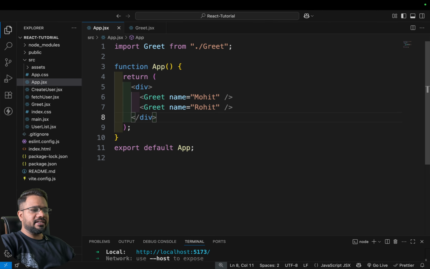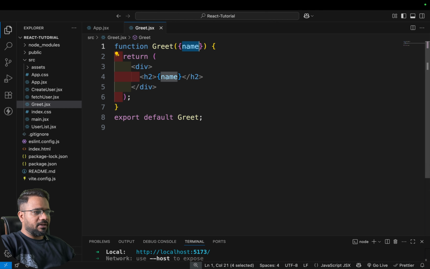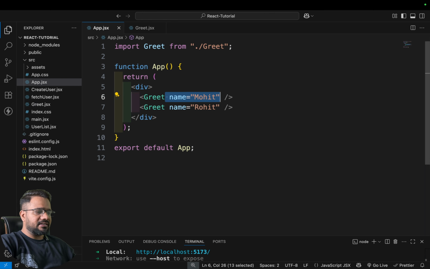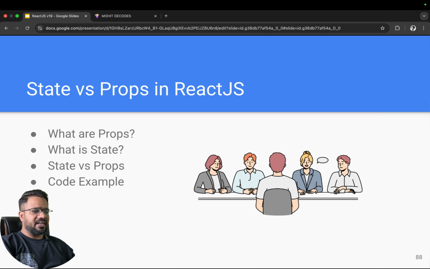So what you understand from this example is, if you send some data from parent component to child component, you need to send it via props. Props are sent like this, and if you want to receive the props, you can receive them based on props or on destructuring props, and you can access them like this. In this example, you already understand props are immutable. Immutable means it's read-only mode. You cannot modify props in the receiving component. That's the proper example of props. So we can start our next topic.